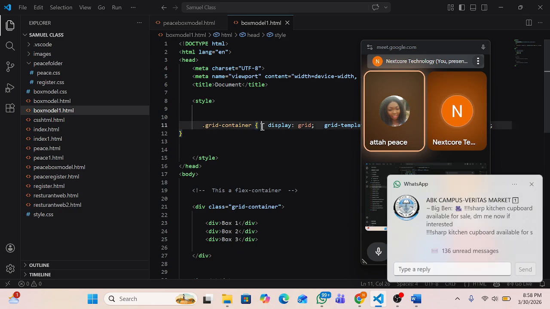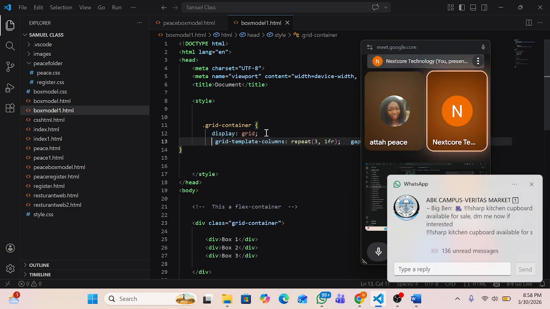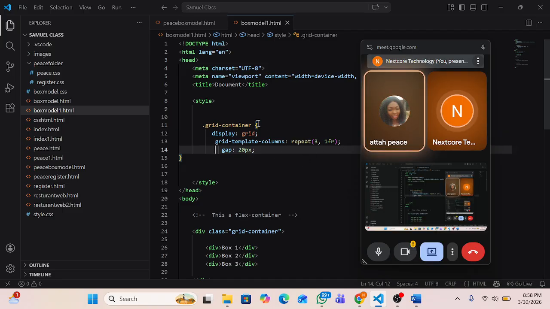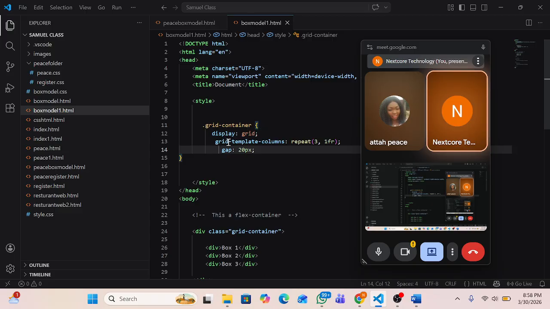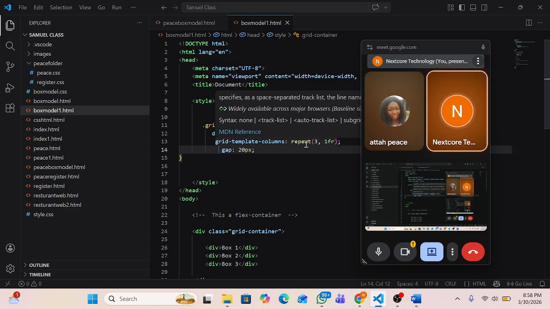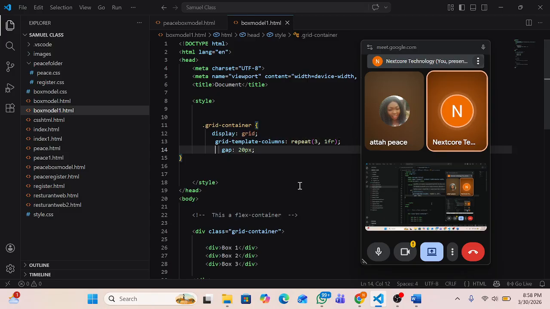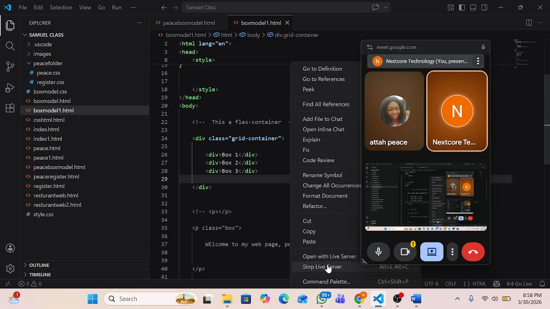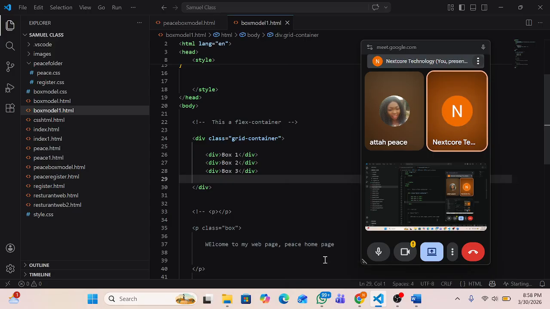So it's a grid container. Now we are saying display should be grid, grid template columns should be repeat three, three columns, then one frame. So if I open it on my browser now,